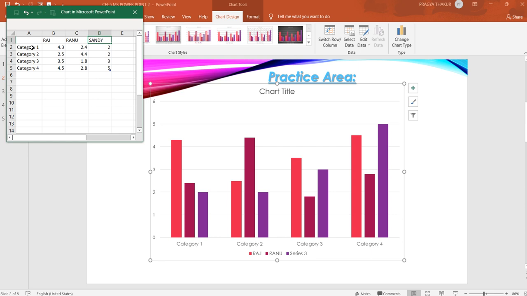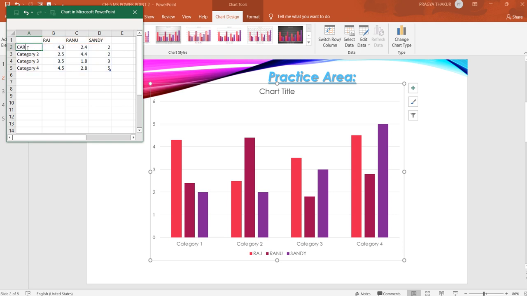Now I want to compare their toys, means what type of toys they have and what is their number. So see here, in category 1 I am changing here. See, Raj, Ranu and Sandy, it's reflecting here now in my chart. Now category 1.